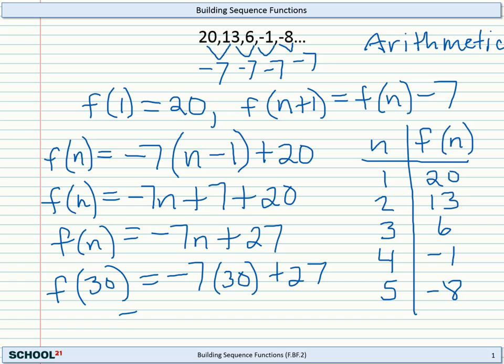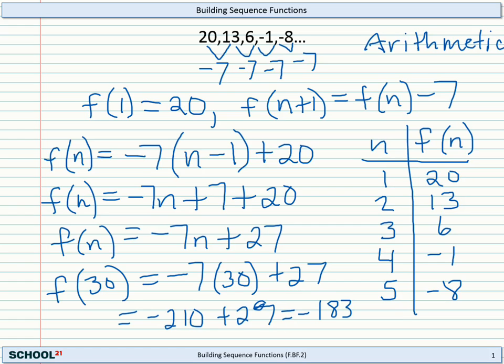And I'll just do the math really quick. That's negative 210 plus 27. And so that is, let's see, negative 183, I believe. So what have we learned here? Well, we can take the information about an arithmetic sequence and create a function that's a lot more straightforward than our recursive function, and then we can really use that function to find the value of the sequence at any